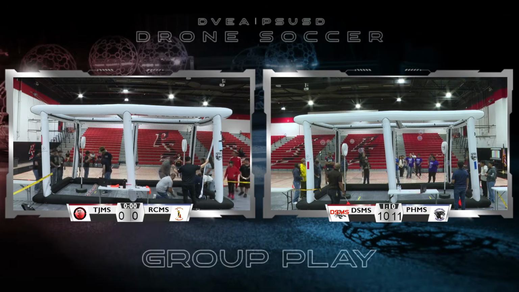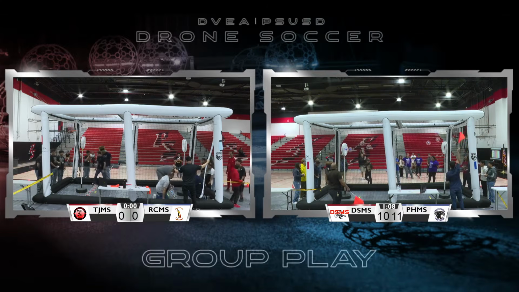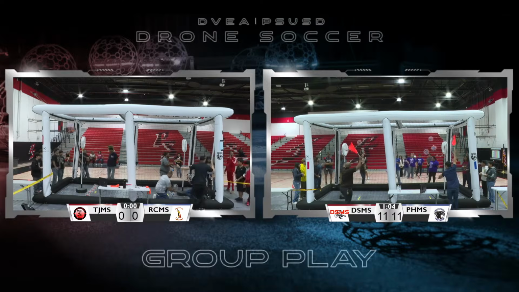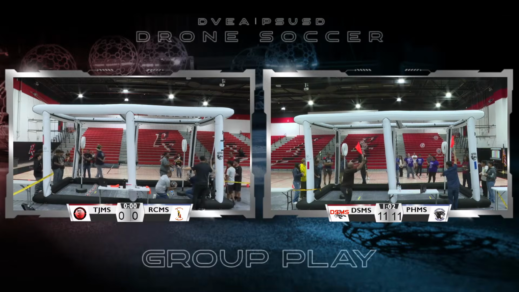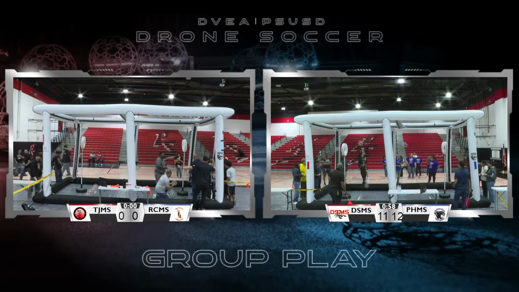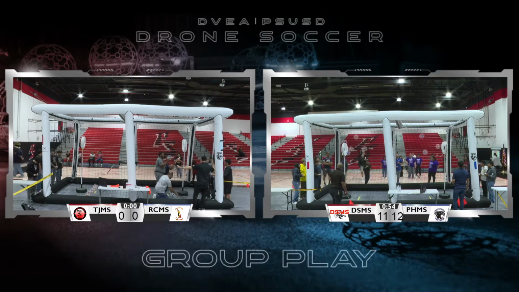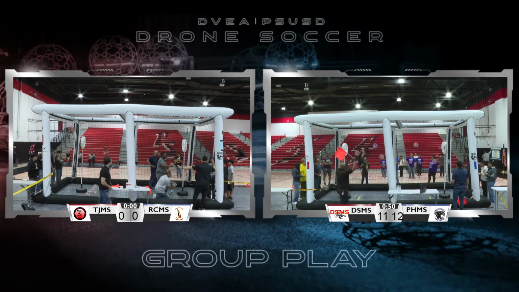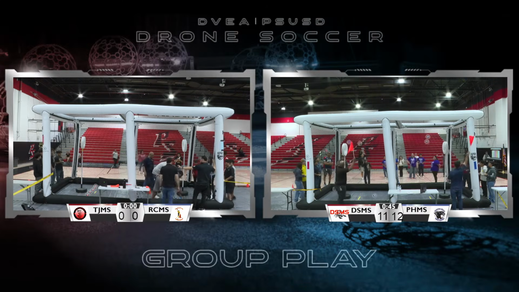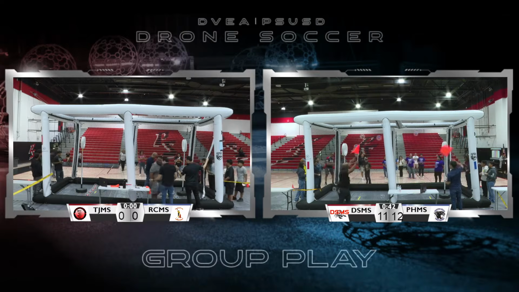We've got about a minute left. A very, very close game at about 11-11. A very close game against this rival team from Desert Hot Springs, Palm Springs Unified School District, Desert Hot Springs teams, Painted Hills Middle School and Desert Springs Middle School, with two veteran coaches and veteran squads. When they saw their names come up on the board together, they knew, ooh, that's the team we compete against in the finals almost every year. So this will be a really tough match. And we've got a very tight game here, 12-11.